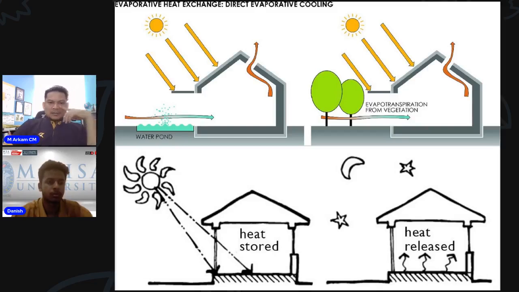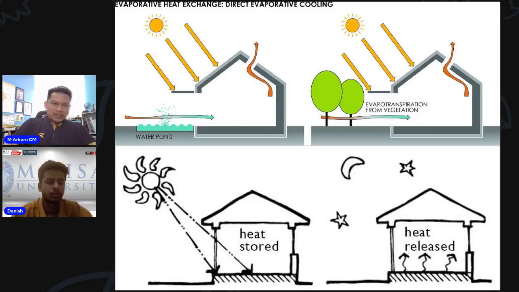So other than that, we can also have heat stored in some other countries where there are four seasons, for example. They can store the heat through the building material. For example, this floor stores the heat from the sun on sunny days, and then at night time, the heat will be released back from the materials, either floor or walls. In our countries, this also happens.